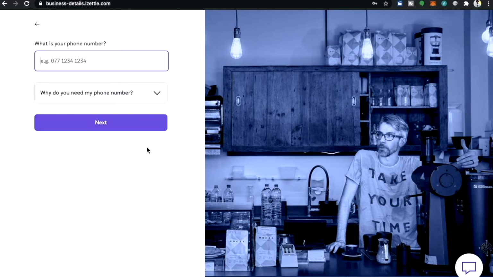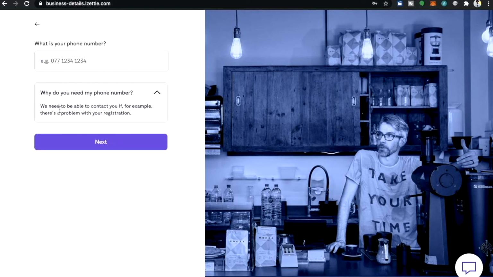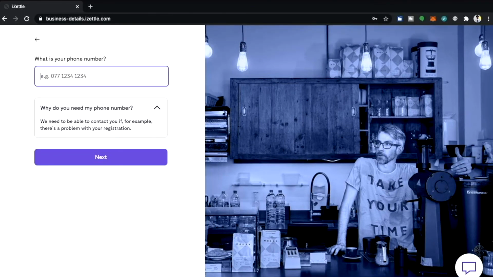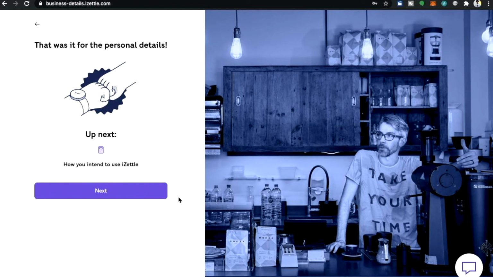Now this is where you would enter your phone number. We're almost to the end now. Again, you can ask why it's asking for your phone number by this drop down menu. It reads, we need to be able to contact you if, for example, there is a problem with your registration. For this instance, of course, my phone number will be censored and it will be off screen where I complete this. It will then bring you to this page after you've filled in your number, where it reads, that was